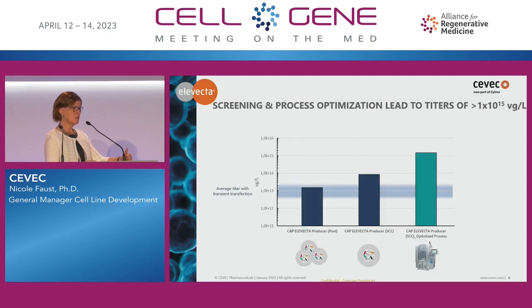The single cell clones usually go up by a factor of 5 to 10 from the polyclonal pool. For the CAP cells, we have also done further process development, and this is just an example where the pool started at 10^10 Vg per mL. We then did the single cell cloning, gaining an order of magnitude in productivity, and then did process intensification, something